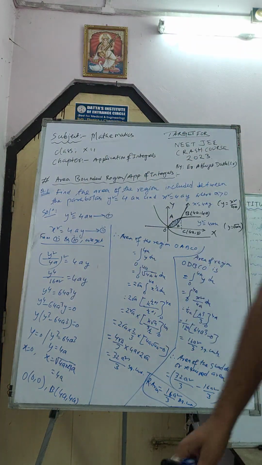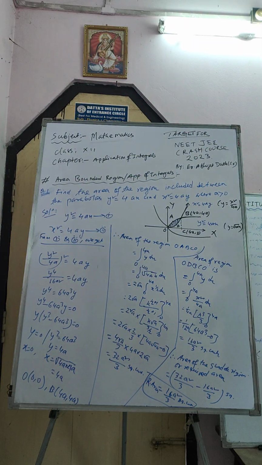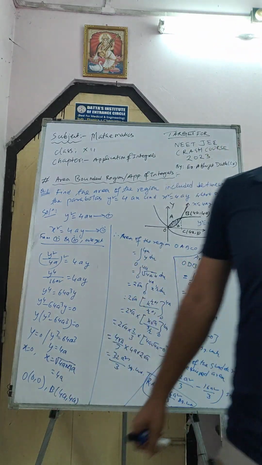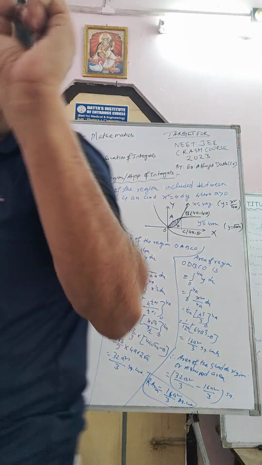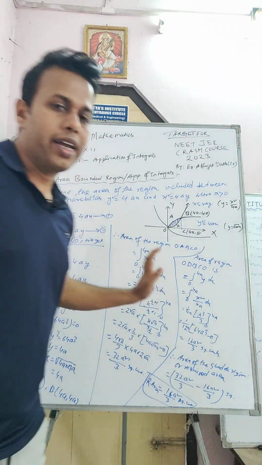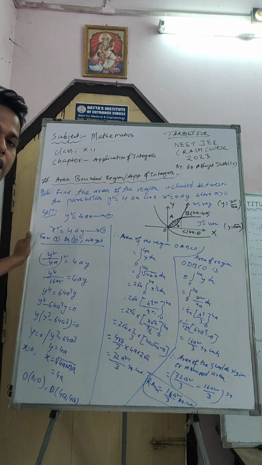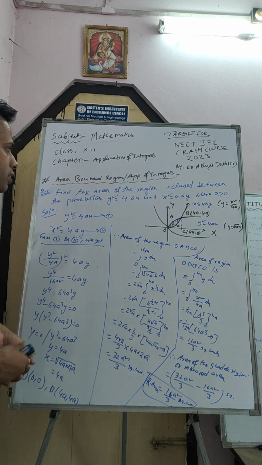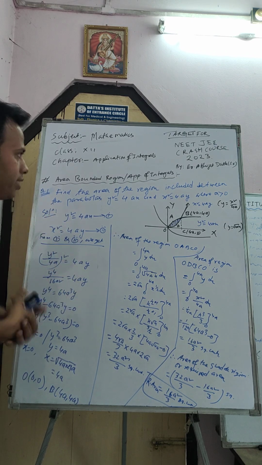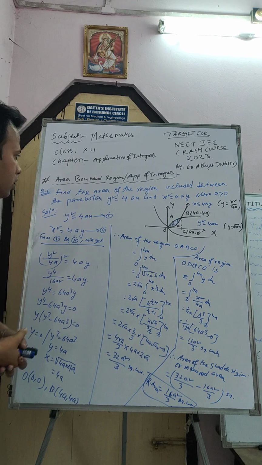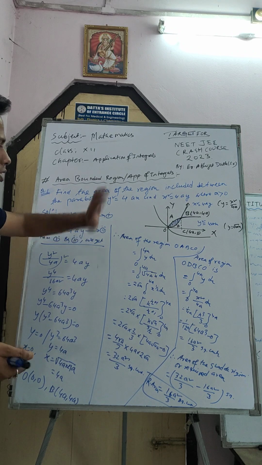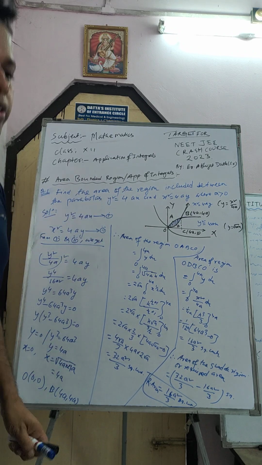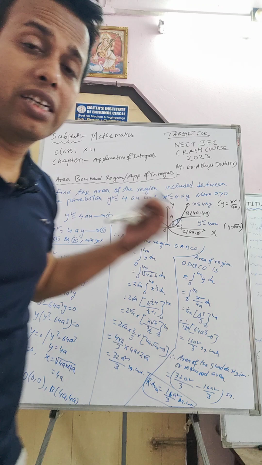These questions came in so many entrance exams, including board exams. In CBSE this question came in 2003, 4, 8, 9, 12, 18, 19, that is 6 or 7 times, and many times in other engineering entrance exams. So we have done the first question: find the area of the region included by the parabolas y square equal to 4x and x square equal to 4y. Fine. Now we will do another question, another method, using different types of curves.